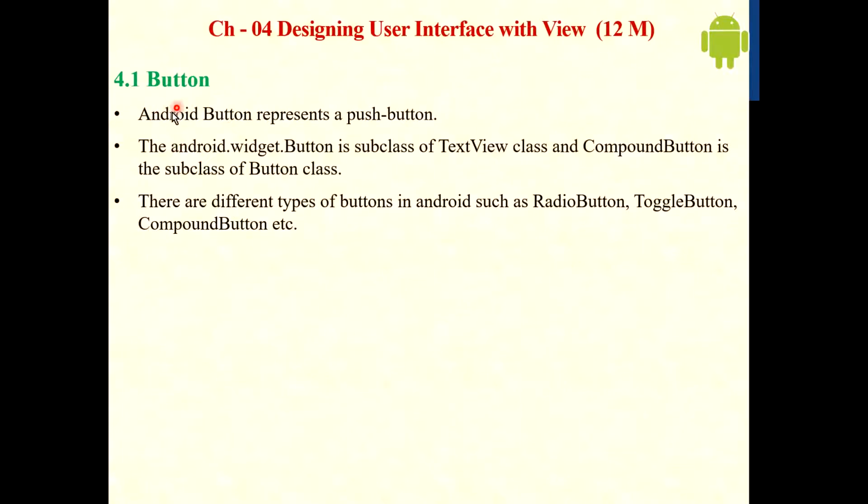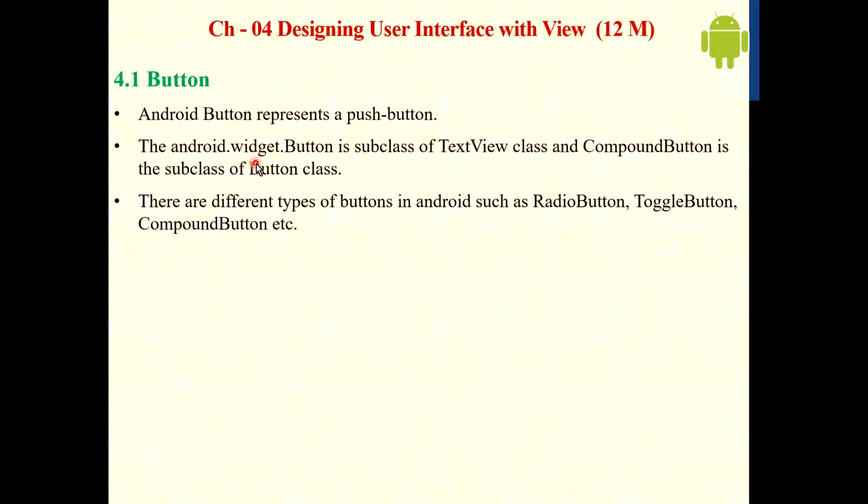Okay, so what is button? We already saw it in advanced Java. In Android, button represents a push button. Okay, the button has two states, on and off. After clicking, some event is generated, in the form of, like, checking username and password. This type of event can be generated. So simply, button means, in Android, button represents a push button.